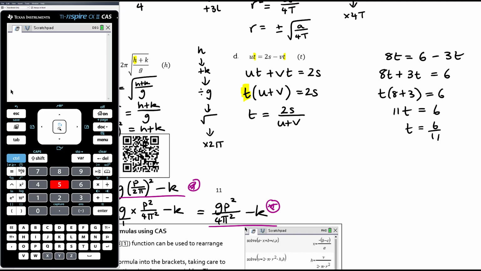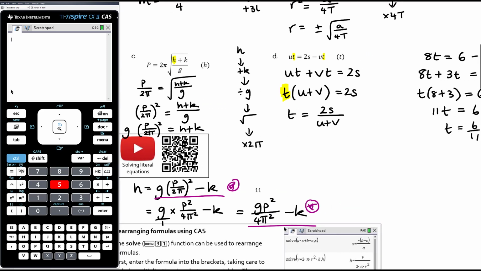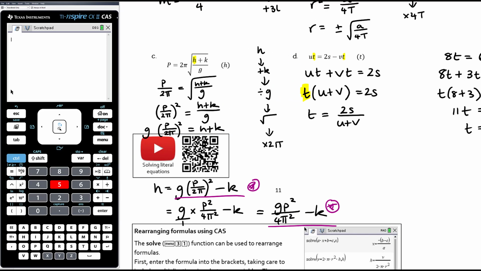That's a really important technique that happens frequently when we're rearranging formulas and solving literal equations. Okay, if you need to collect like terms, you want to factor out the thing that you're trying to make the subject. Okay, you can rearrange formulas with your CAS, so let's try and get our CAS to do D,